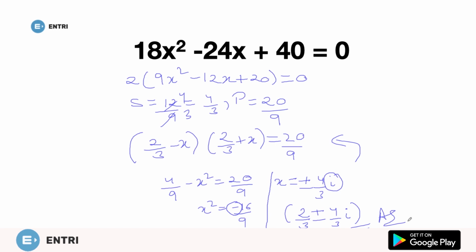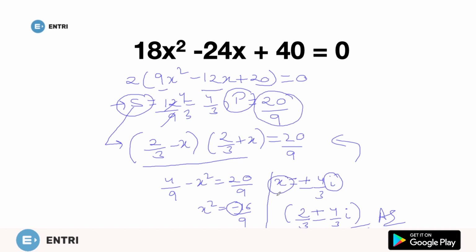Whatsoever question it is, you have to just take what? First of all, find the sum using, already told you, this is the B, this is the A, this is the C. So just find out the sum, then find out the product, take half of the sum and use this equation. That is, sum divided by 2 minus x into sum divided by 2 plus x equals the product that you have already solved. When you solve it, you will get the value of x, and from the value of x, you can directly find the roots of that number. So it is very simple.